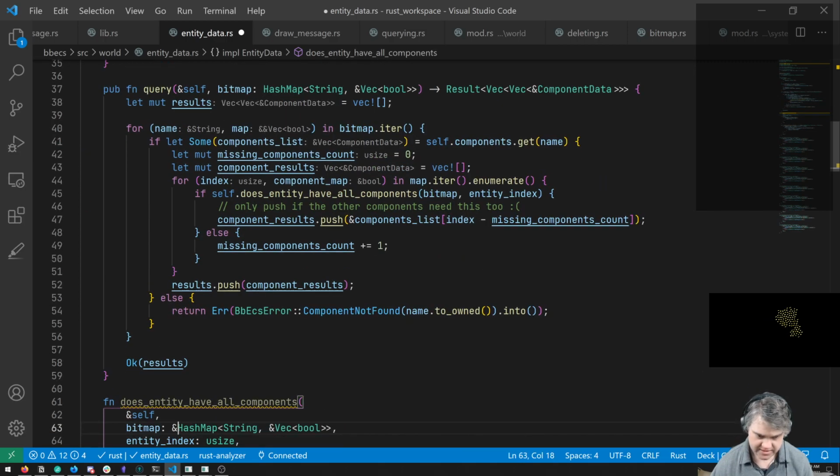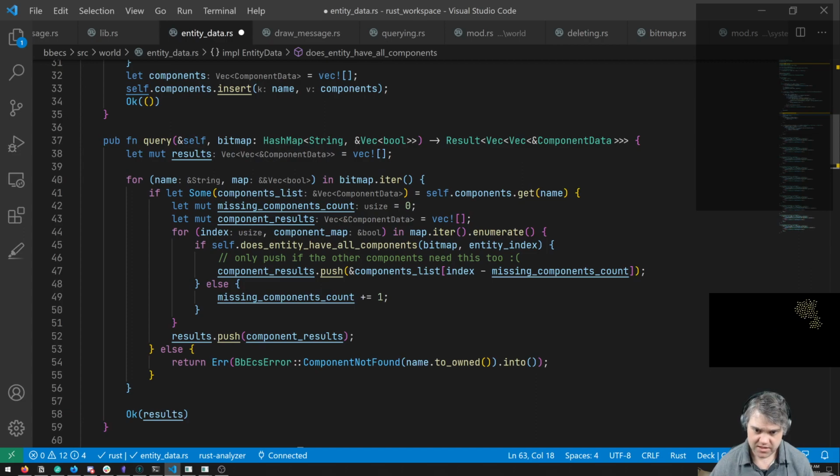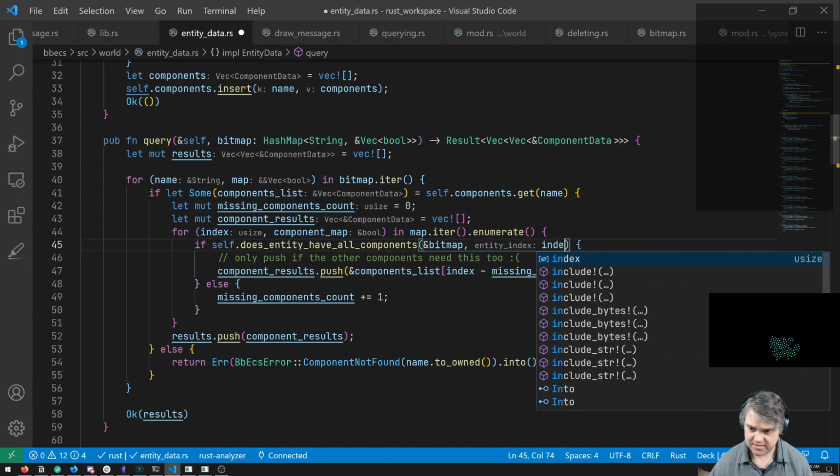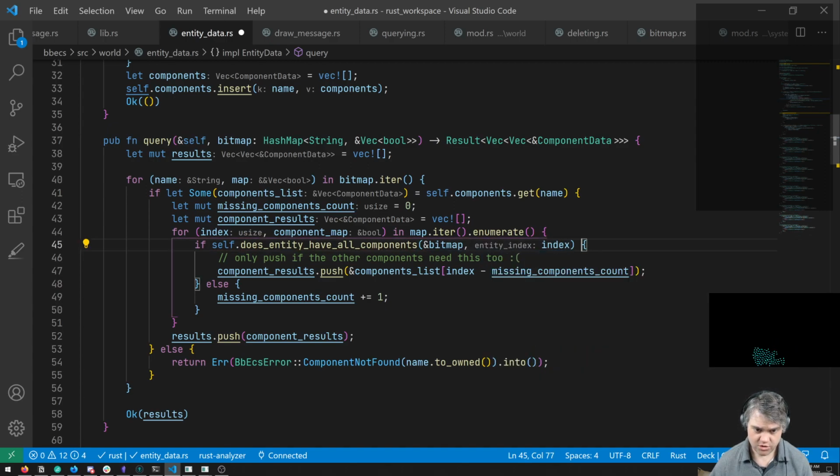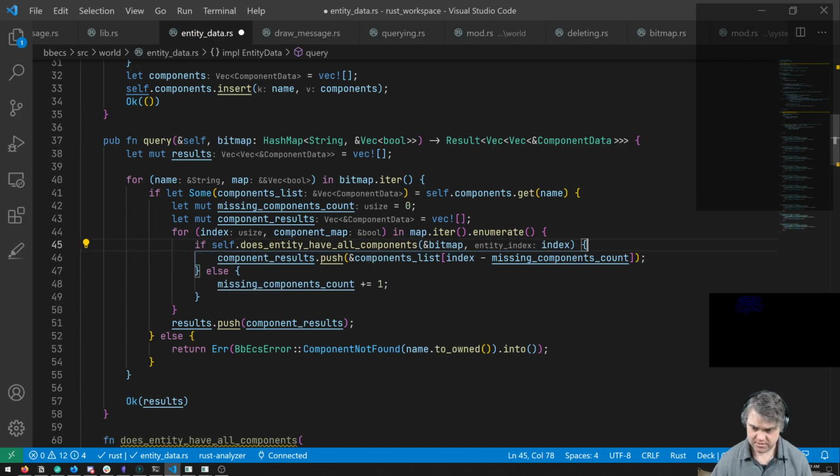I want you to be a reference here. I'm not mutating it at all, so maybe we'll get away with it. And then our entity index, which is just this index. So if that, then push you in. Otherwise that, I think. Maybe.